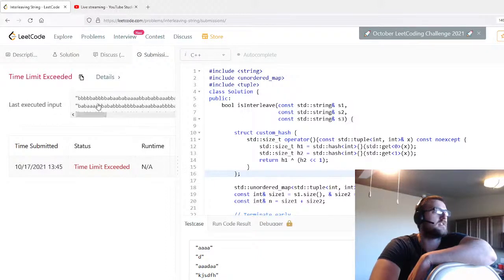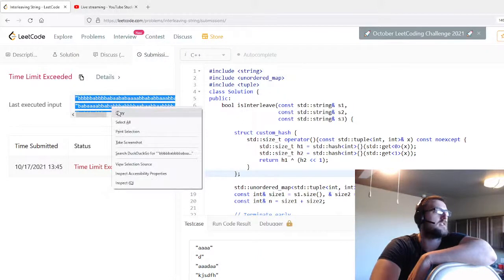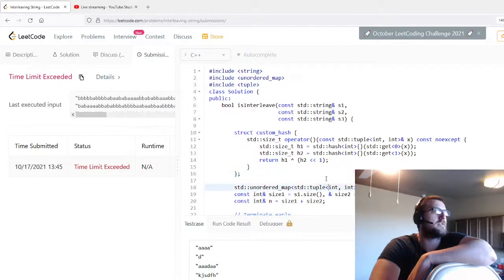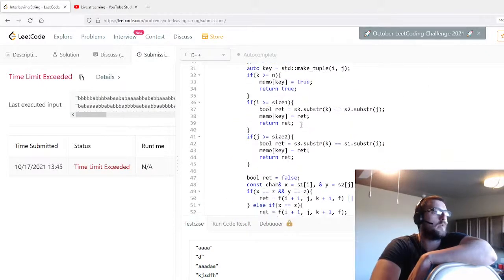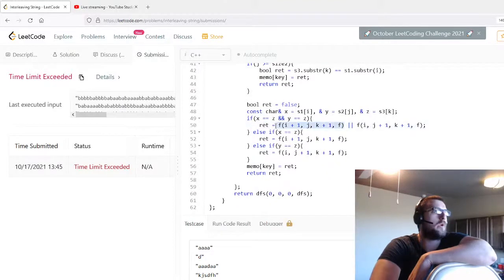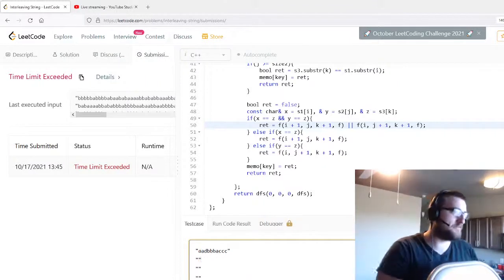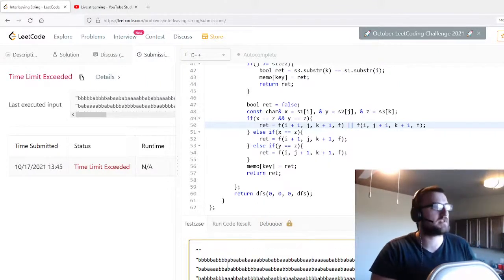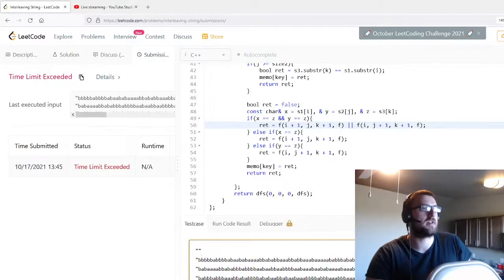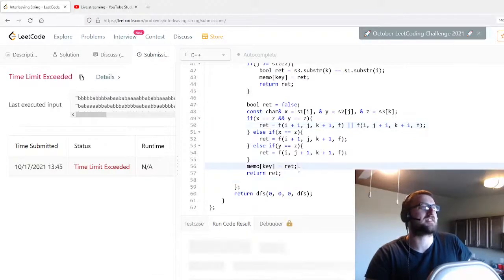TLE. What? Oh, come on. Oh, well, I was wrong. Isn't this exactly the test case that I was supposed to handle that would be tricky? How? What do you mean it TLEs? Isn't this exactly why